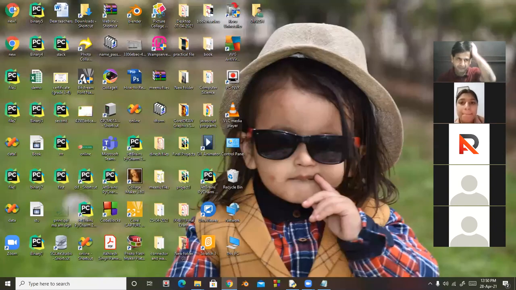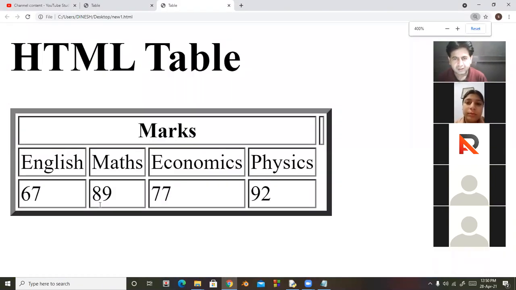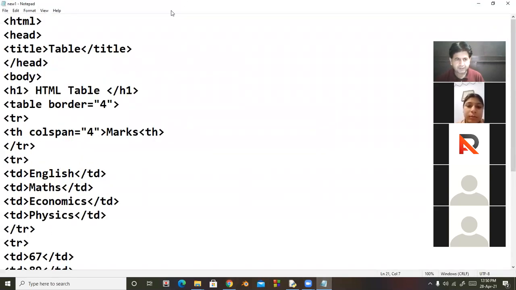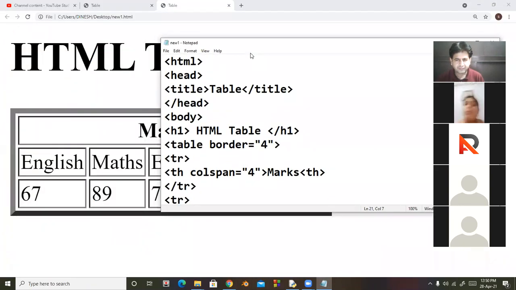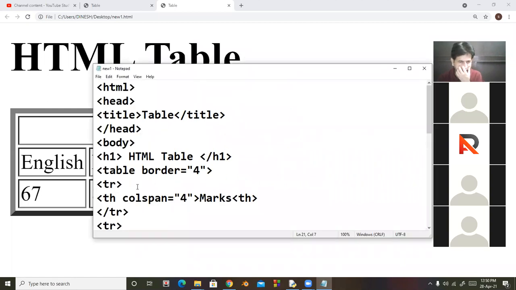Here is, so look at here. There is one problem. I'm checking that col span 4. So look at here, the coding.